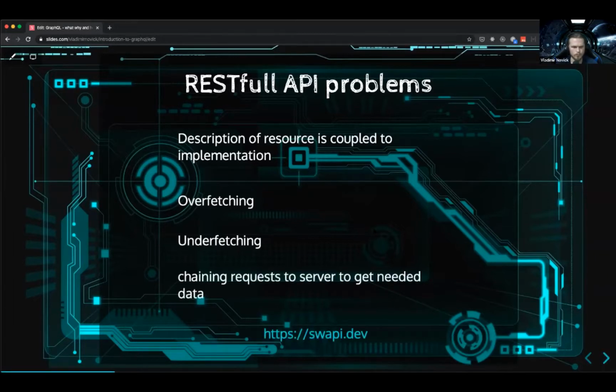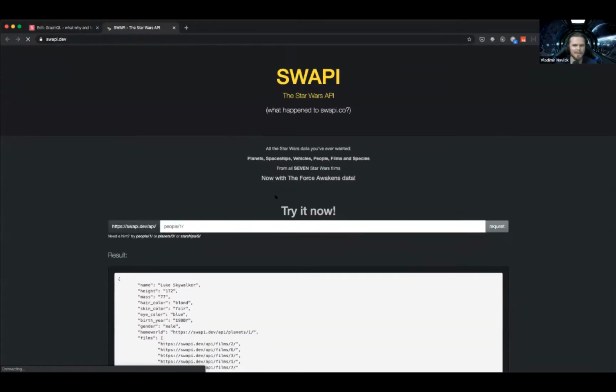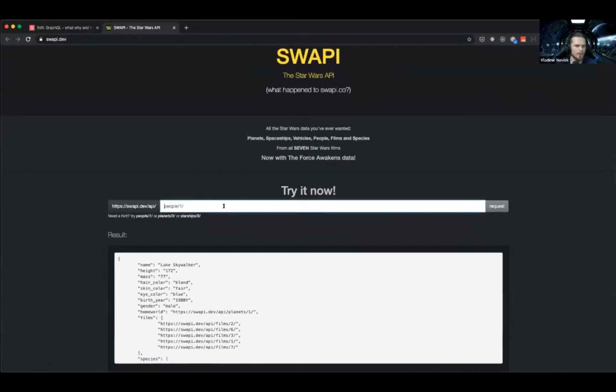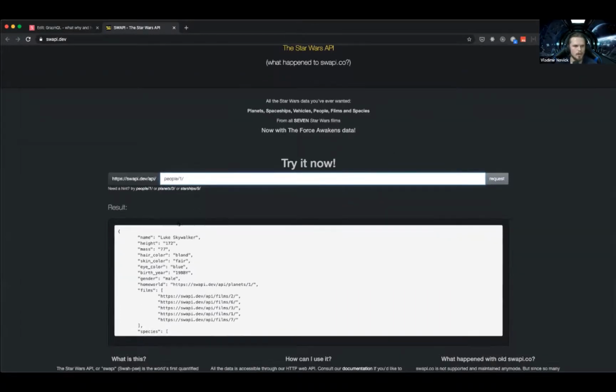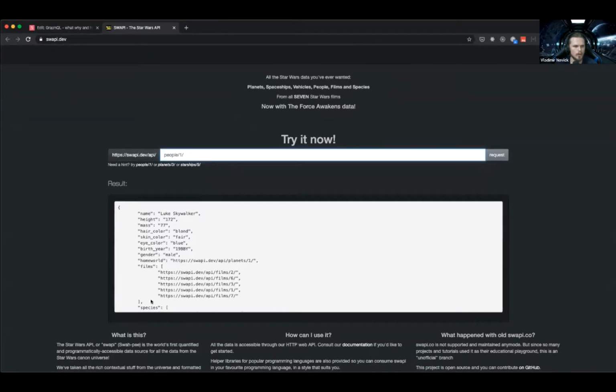And the best example of the worst API is the Star Wars API, not because I don't like Star Wars, I'm a big fan of Star Wars, but because if you look at the API structure, you will see that it has the data for the person, and it has an array of films, and every item in the array is another endpoint.